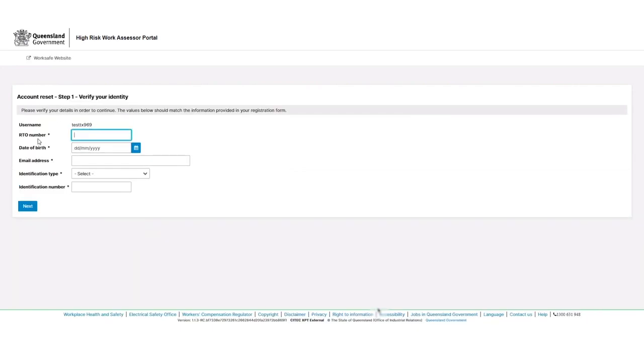In the case of an RTO user, you'll need to validate against your RTO number. And in the case of an assessor, it'll be your assessor number. So in this case, our RTO number is 12345. Our date of birth is 01/01/1980. The email address